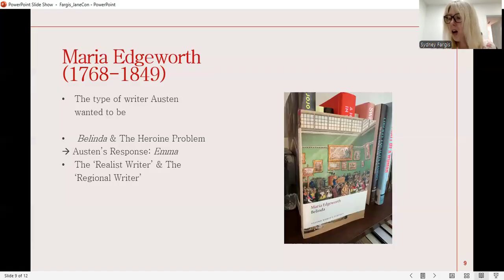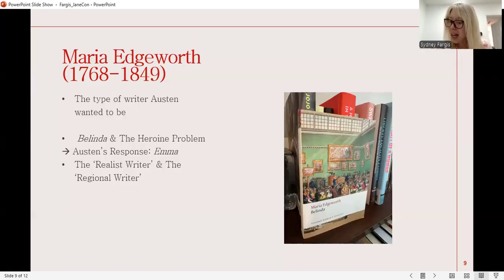Maria Edgeworth was the type of writer Austen wanted to be, and it was likely the creative genius Edgeworth deployed in her novel Belinda to circumvent the heroine problem that inspired Austen's own heroine in the novel Emma. The heroine problem was as follows. A heroine has to experience something incredible to hold the reader's interest. She needed to have adventures. But the problem was in the era Edgeworth and Austen were writing in, having adventures, if you were a woman, was really just a fancy way of saying illicit liaisons. I.e., the reason why heroines like Lennox's Arabella were frowned upon.